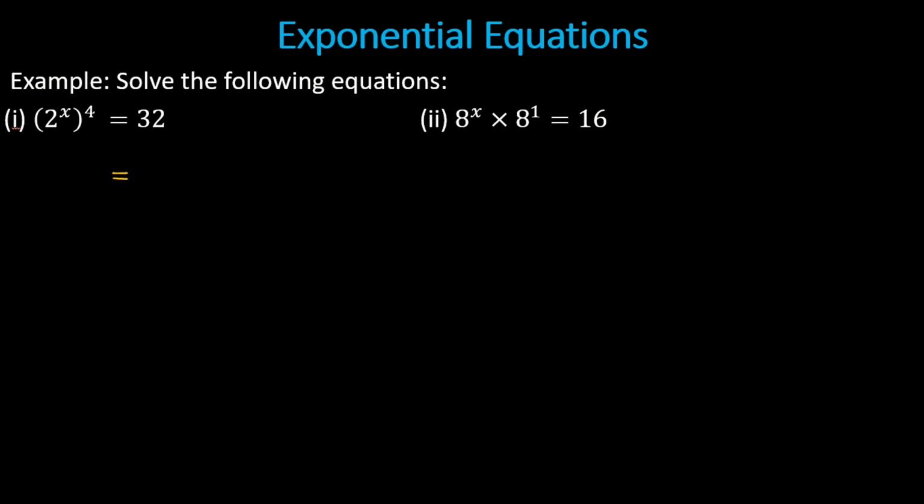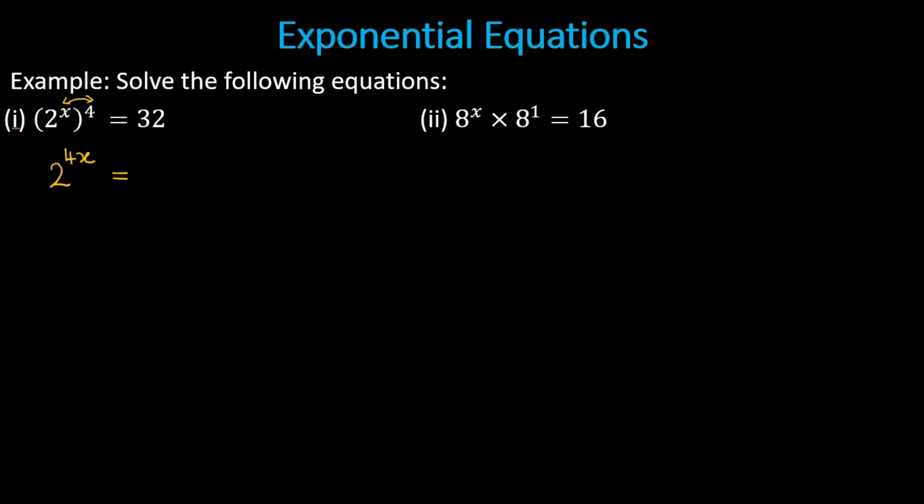Whenever you have two powers one after another, like here, we have to use the power law, meaning we multiply the two powers. So it becomes 2 to the power of x times 4, which is 4x,